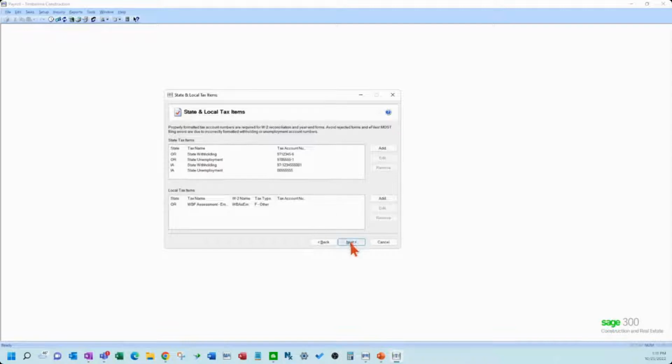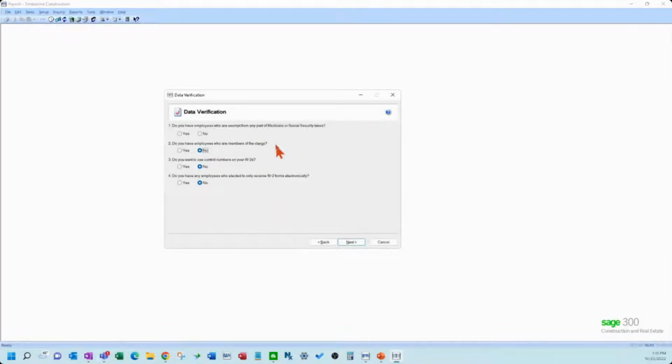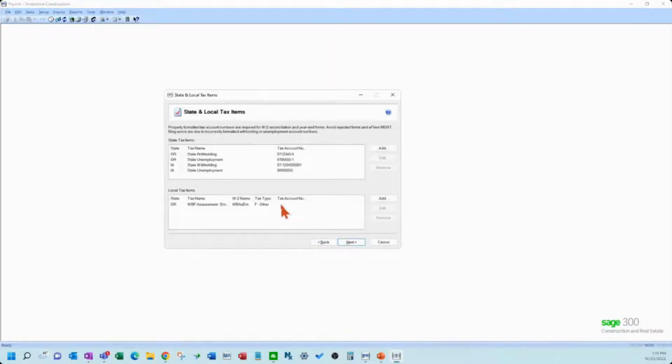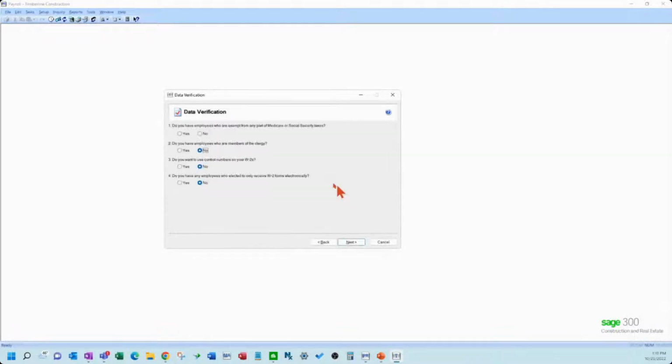Okay. So if you hit next here and you don't have an account number filled out, it will warn you that you need to do something. And it's a pretty intuitive wizard where it knows that my structure for state withholding has to be this way for Iowa. So it has to have an 001 at the end, for example. So it tells you that structure as you're going through it. Okay. So we're going to ignore that for the moment.